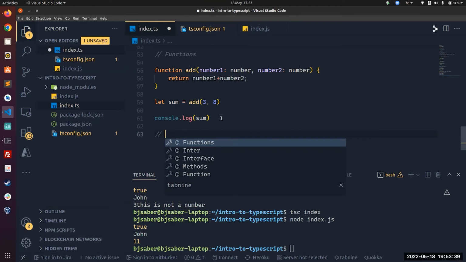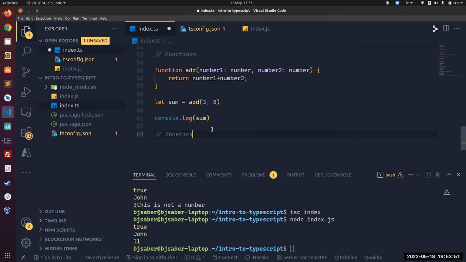So we saw how we can do that with functions. We can, for example, add very quickly another thing here worth mentioning, which is generics. So with TypeScript, we have the concept of a type that can take another type as a parameter. So it's the same way, if you want to understand it, as a function that takes a parameter. So for example, let's